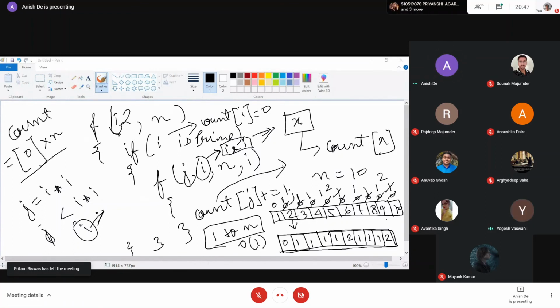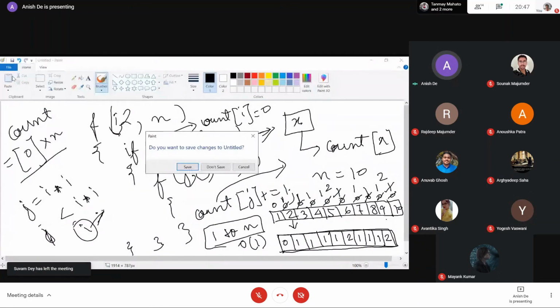Bhaiya, can you say again? Which one? Bhaiya, for counting prime numbers, you are telling about the for loop, we pass the argument from i to i. Okay, I'll do it once again.